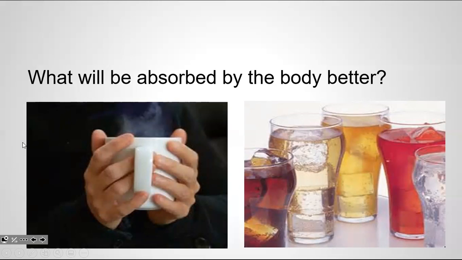The fluids you intake are going to directly impact thermoregulation. You wouldn't ever give somebody who has a very high fever, or say heat stroke or heat illness, hot beverages. That's going to be counterintuitive to what your body needs. So hot environments, cold drinks. Cold environments, hot drinks.